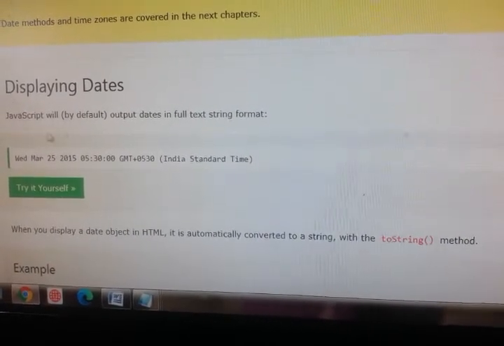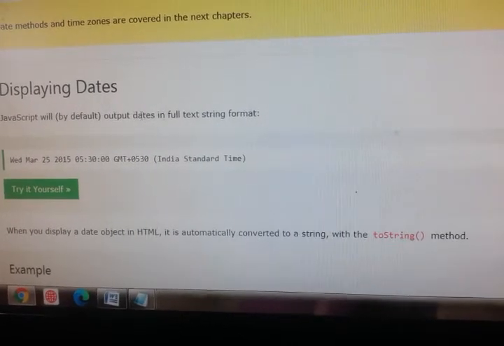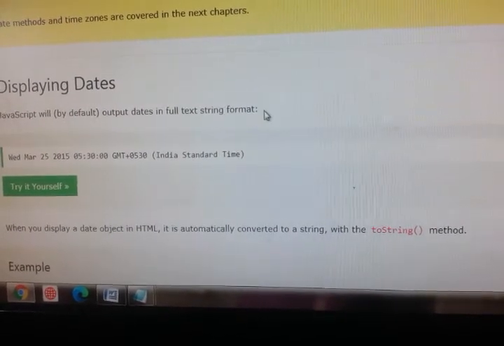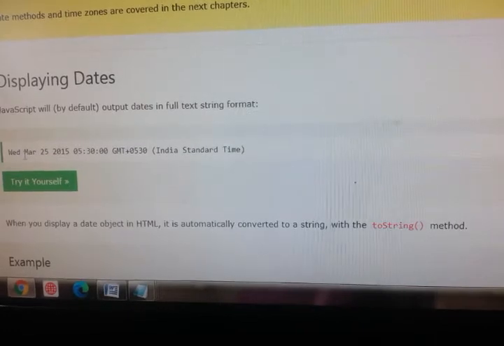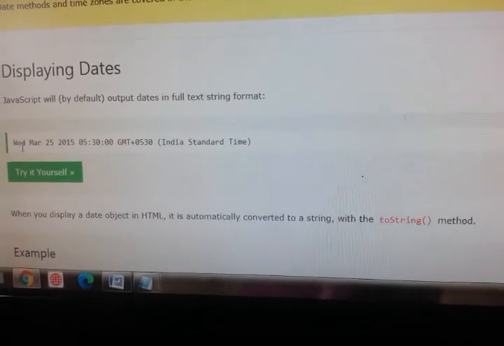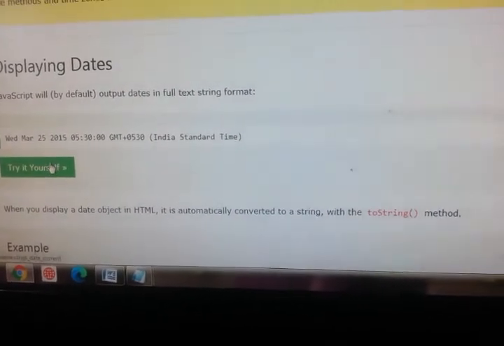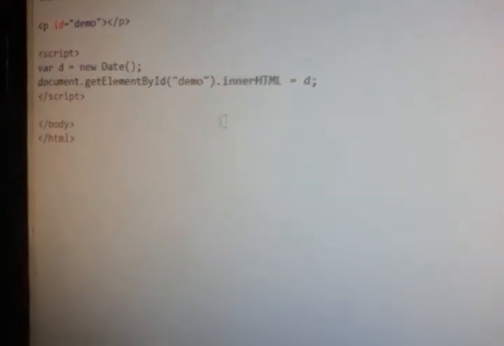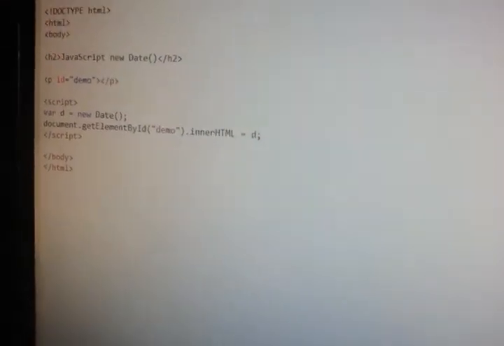So displaying dates, JavaScript will output dates in full text string by default. That is, if you see how to get the text string, you already saw this. Variable d is equal to new date will get a text string.